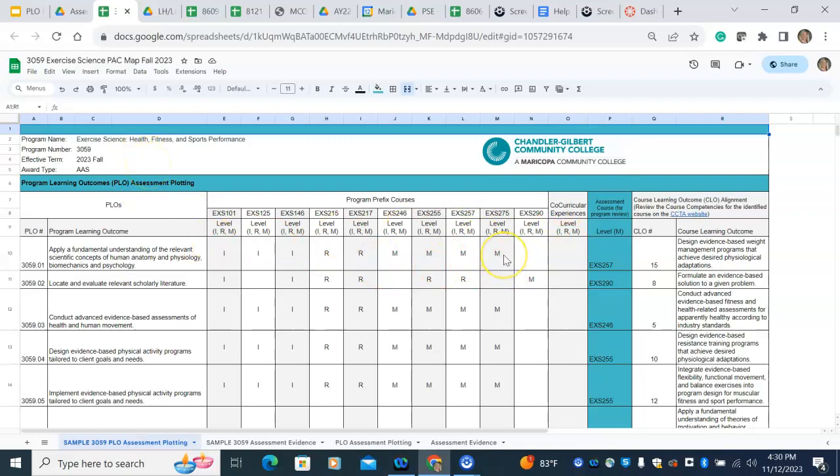Once that is identified, one of the M courses needs to be identified as an assessment course for program review. So exercise science faculty have identified that EXS 257 would be a good course as a program review course. And then the last thing they need to do is go back to that course, EXS 257, and find the course competency. We're calling it a course learning outcome here just to be consistent in nomenclature, that best aligns with